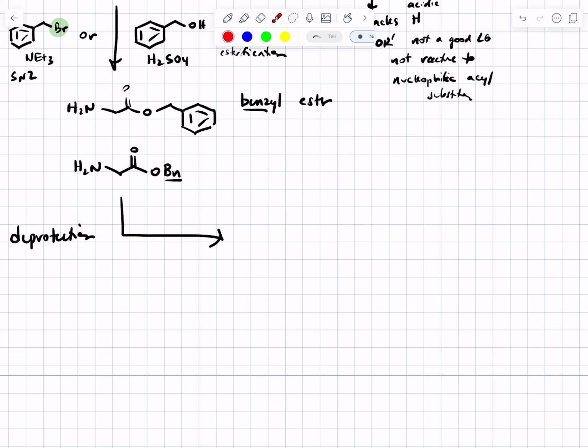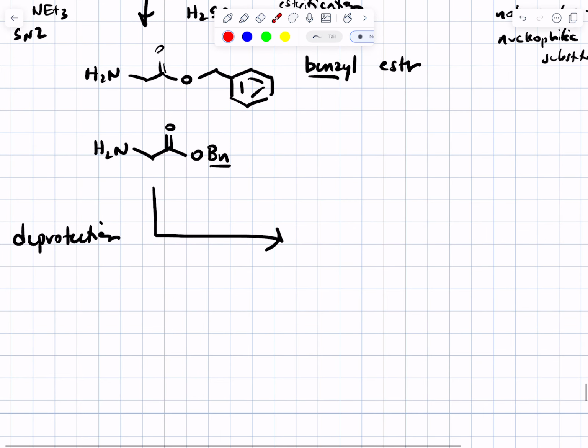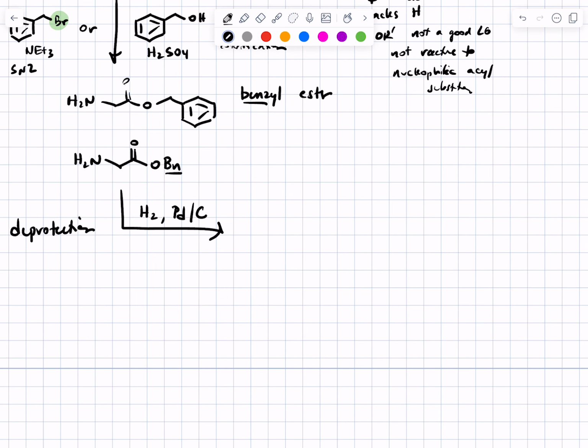That's a bad choice here, though, because acid conditions remove the Boc group. So we want something that's not going to touch Boc. The strongly basic conditions, it's not clear at this point why we're avoiding them, Boc doesn't come off under basic conditions, but there are other things that can happen when you use a strong base. It turns out that our old friend hydrogen and palladium on carbon does a beautiful what's called hydrogenolysis reaction,